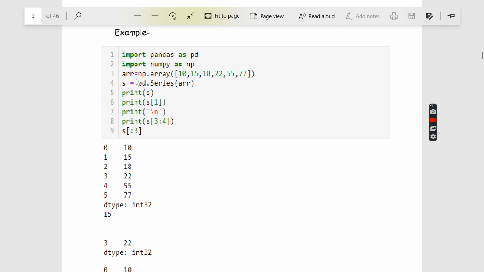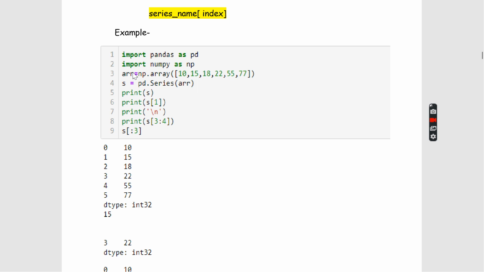Then how to make a series? Import pandas as pd. pd.Series is one of the methods in pandas. In the brackets you have to give this particular array or list, whatever name you have given, passed over there. This is the variable name, that's it.